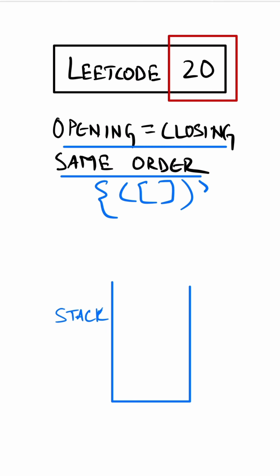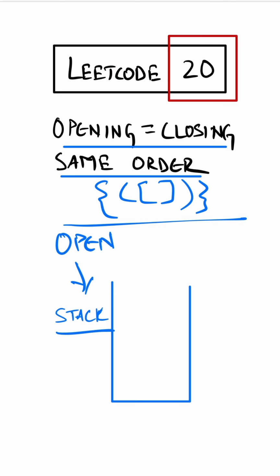Suppose this is our string for which we have to validate if it is a valid parenthesis or not. All we have to do is, if we find an open bracket, we will push that onto this stack. Let's see how it goes. This is an open bracket. We'll push that onto a stack. Again, open bracket onto stack, and this bracket also onto a stack. Now, when we get to a